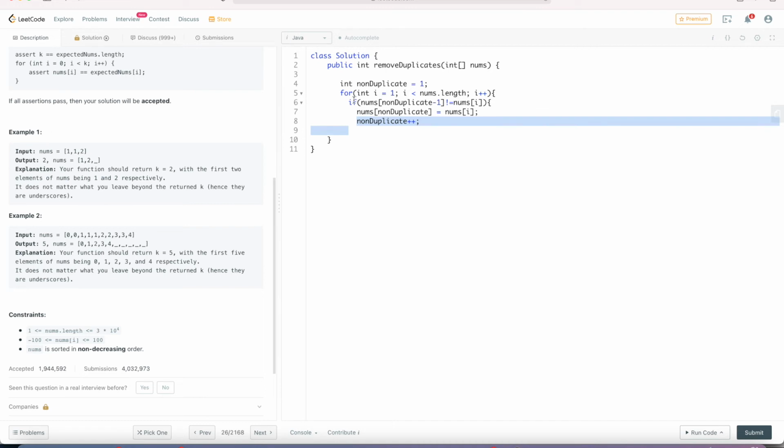Now inside this for loop we will write our if block which says if the nums of non-duplicate minus 1, that is the previous number in the array, is not equal to the current number, that means the numbers are non-duplicating. Hence, we will put that number in the place of non-duplicate and we will increment the non-duplicate. For example,